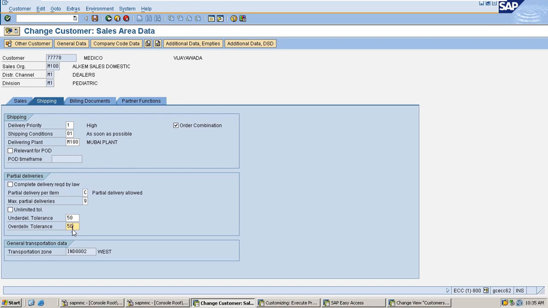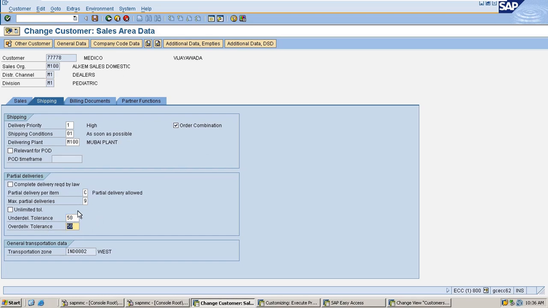So what it means is, if the customer places an order for a material with a quantity of 100, then we can make changes to that quantity in the delivery document up to the under delivery tolerance of 50 and up to the over delivery tolerance of 50. So we can make it 50 or else we can make it 150, because we have both the under delivery tolerance as well as the over delivery tolerance.